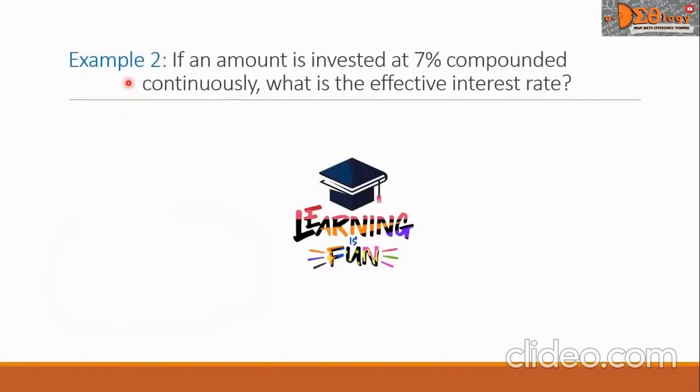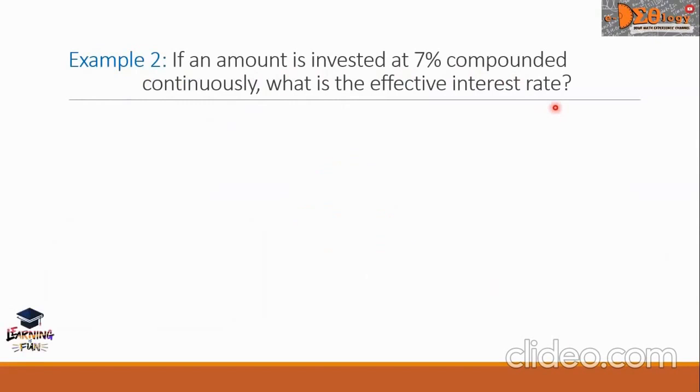Let us see this example 2. If an amount is invested at 7% compounded continuously, what is the effective interest rate? In this type of problem, we are going to use a special formula, and that is capital E equals small e raised to r minus 1,